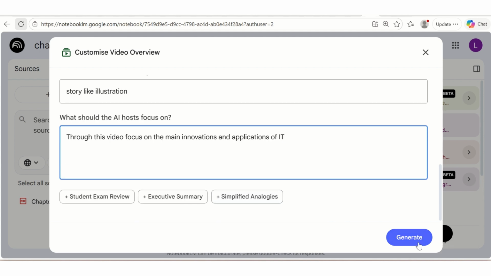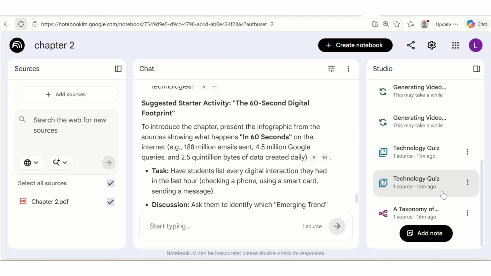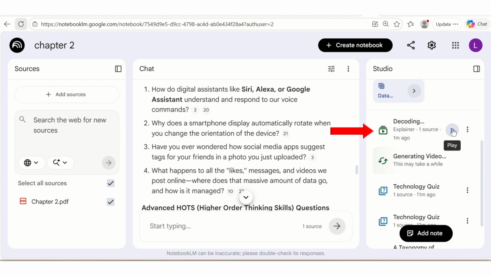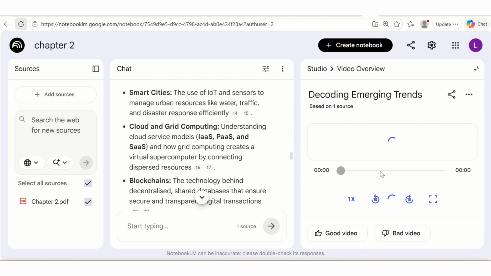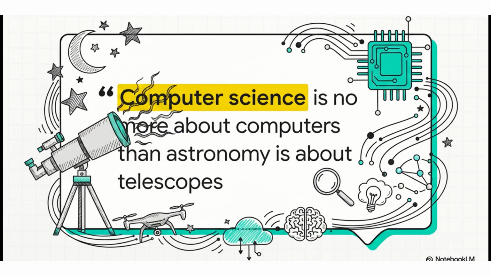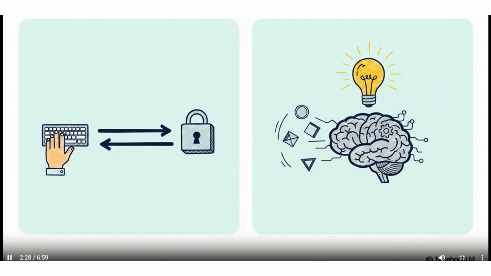This feature can be especially useful at the end of a lesson while concluding a concept, reinforcing key learning, or providing students with a quick and effective revision resource. Now let's see how the final video has been created. It provides a clear, engaging, and visually rich explanation of the concept, making learning more interactive and meaningful for students. And the video can be easily downloaded as well.